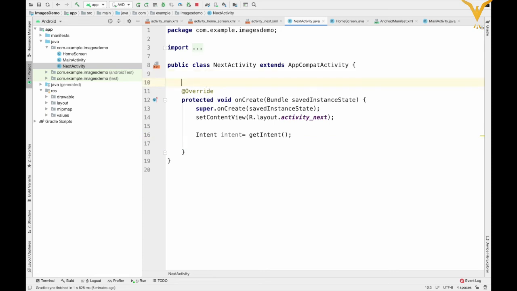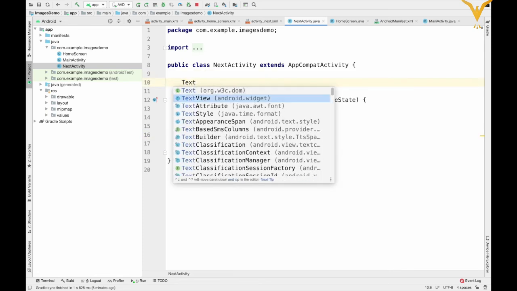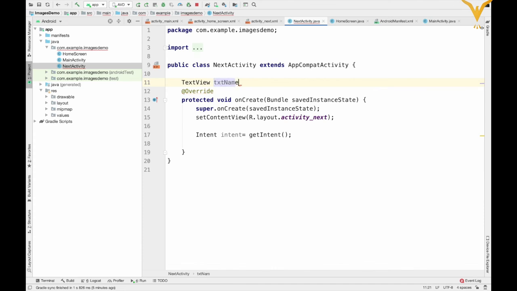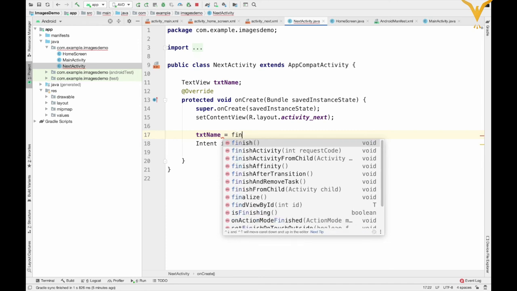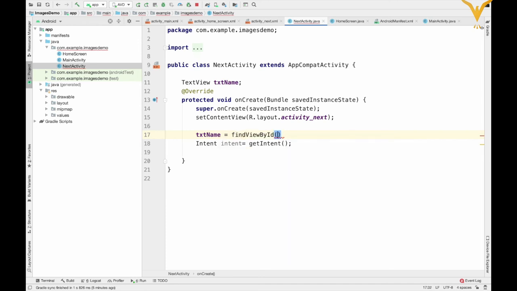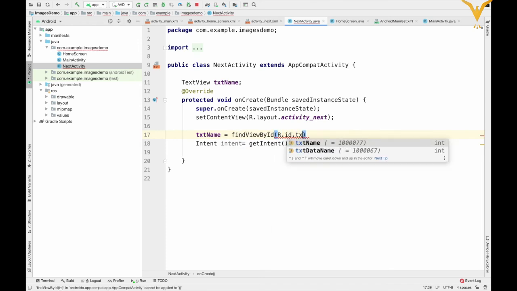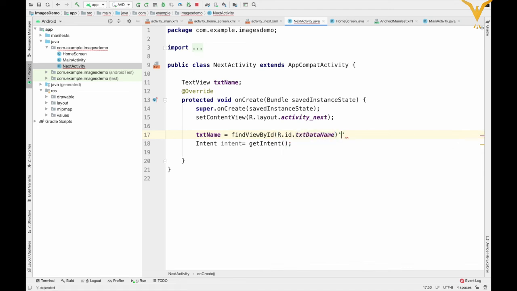Let's create one text view, txt name. This variable is limited to only next activity. Let's initialize this before the intent. txt name is equal to find view by id R.id.txt data name. Now we will fetch the data from the intent.